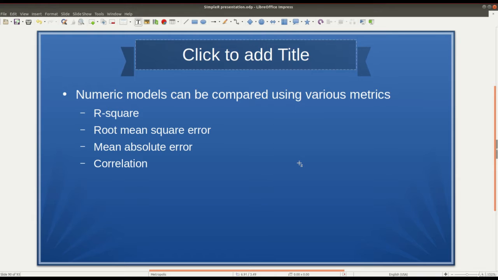Now, there are many different metrics that you can use to assess the quality of your model. So you can look at the R-square, of course, that's the most common one. The root mean square error, the mean absolute error, the correlation. You can look at scatter plots, etc. There's lots of different things, but we're going to look at these four tools here. And then at the very end of the video, we're going to take a look at how to